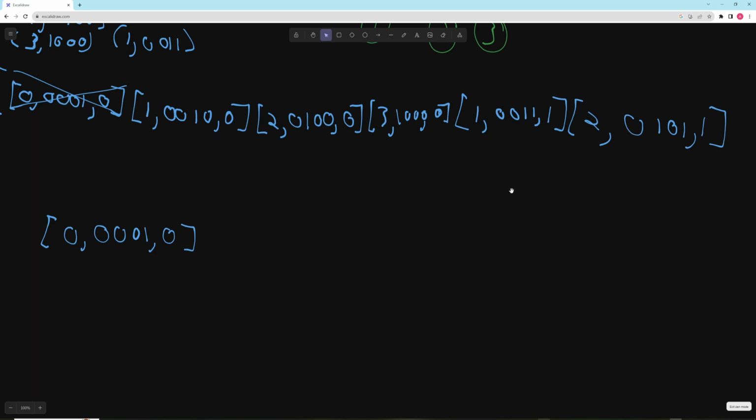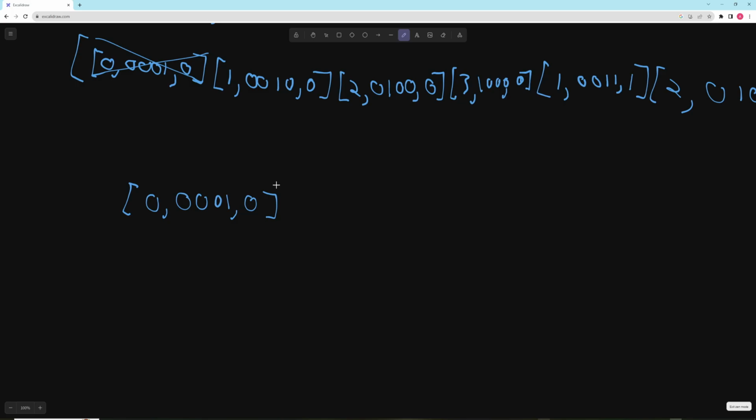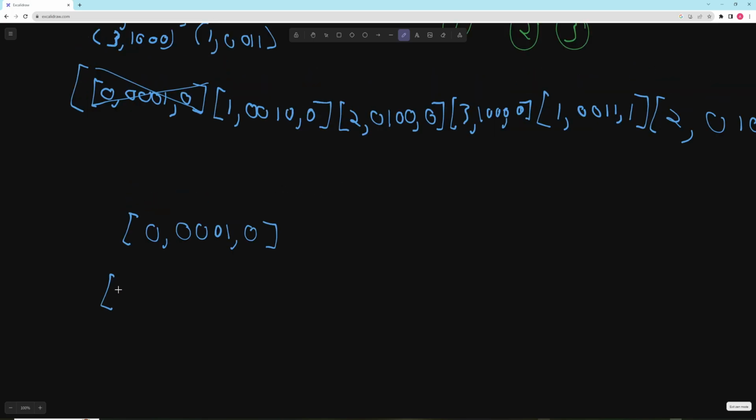And now we also need to try to go to 3. But you can see how this gets really big really fast. So I'm going to stop after the 0. So we need to try to go to 3. So for 3, it would be 3, and then it would be 1, 0, 0, 1, and then it would be length 1. Right? So you keep doing this, and essentially, eventually, you get to a point where you get